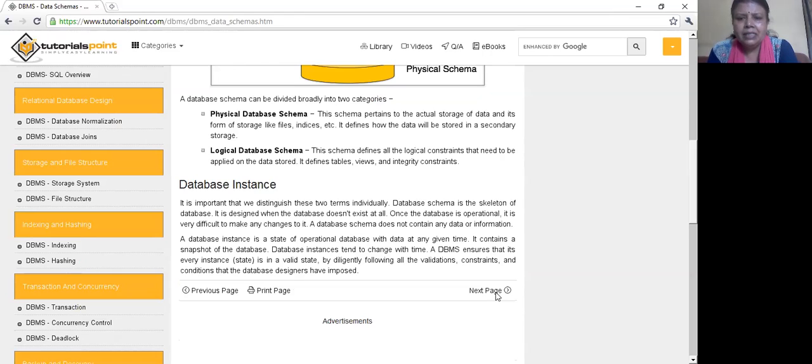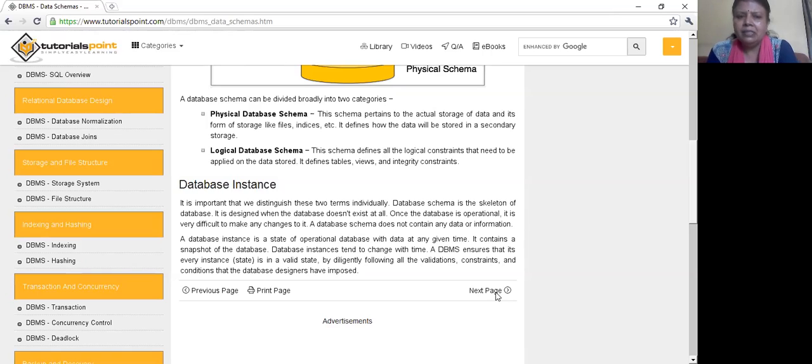Next is the database instance. It is important that we distinguish these two terms individually. Database schema means the skeleton of the database. It is designed when the database doesn't exist at all. Once the database is operational, it is very difficult to make any changes to it. A database schema does not contain any data or information.